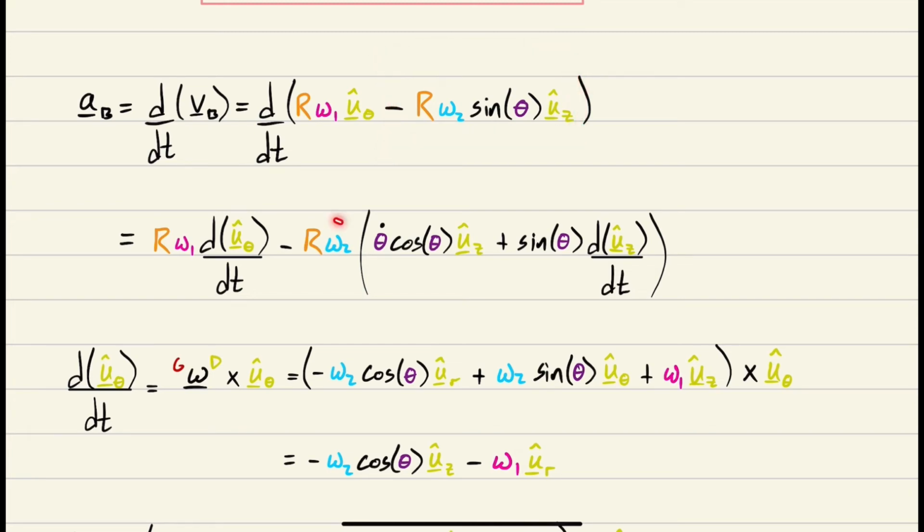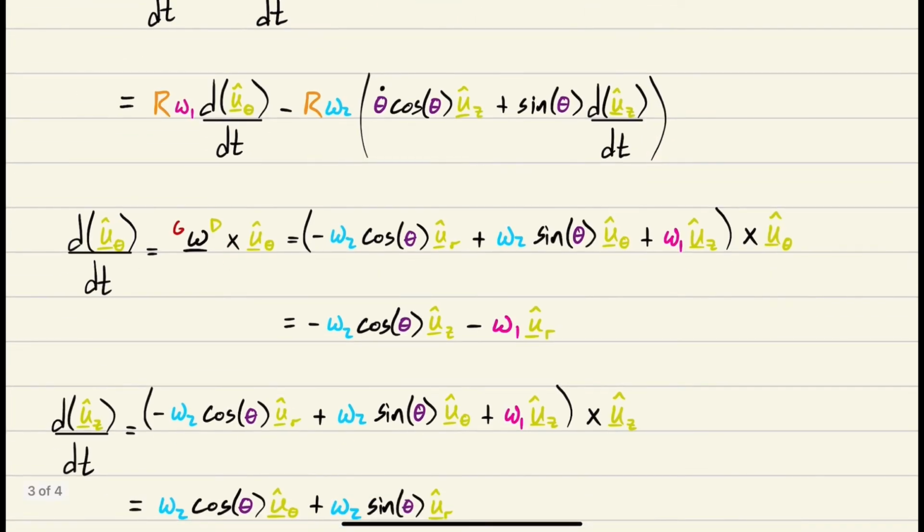The negative r omega 2 I brought out to the outside, and then we have to do the product rule between the sine theta and uz. So the derivative of sine theta is theta dot cosine theta. So that's the first times the second, plus the first, sine theta, times the derivative of the second, which is duz dt. All right, so now we've got to find the rate of change of u theta and the rate